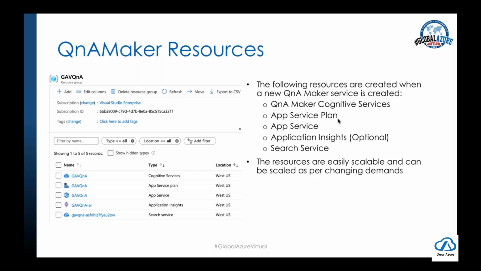these Q&A pairs. How many knowledge bases you can create in a Q&A service and how much content you can add to each of those knowledge bases, all that depends on the search service pricing tier that you select. Later on, we'll see what the different options available are and how we can choose one of those options